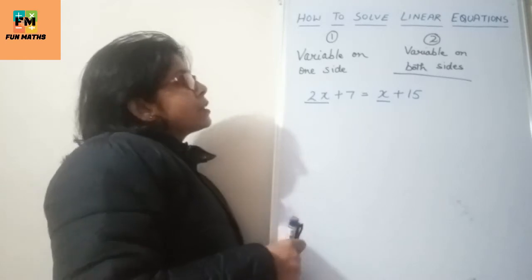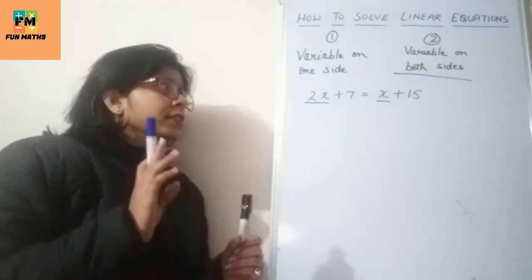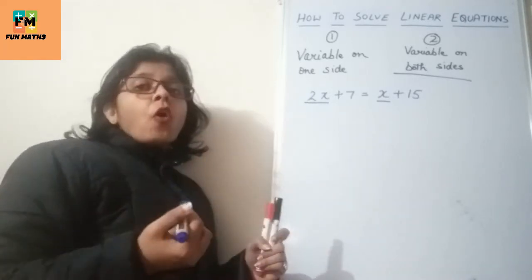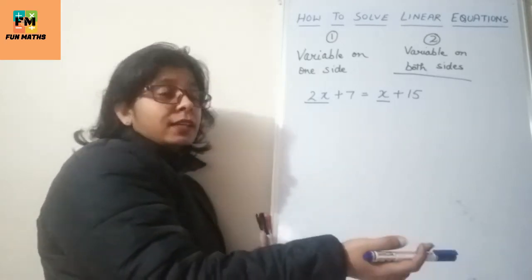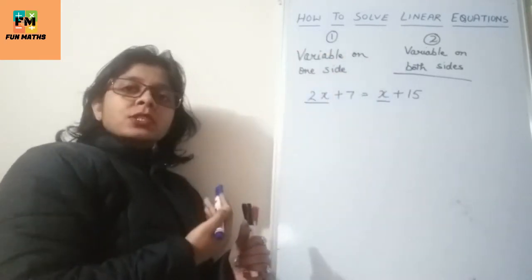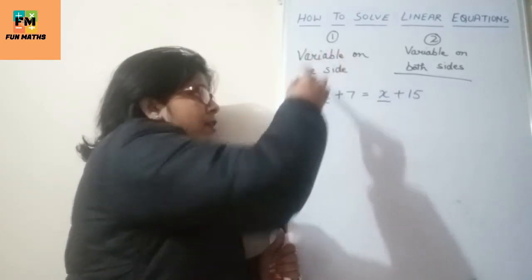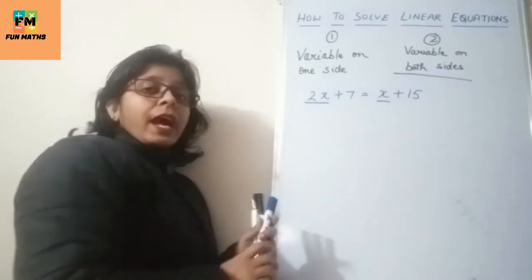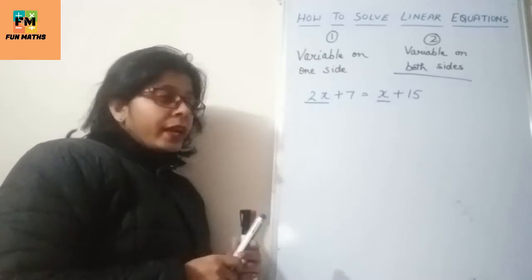See, here in this question, first step is, this type of question how can we solve? The first step is, first we bring all the variables one side and all the constants on the other side. Okay, all the variables on one side means what? This 2x and x we have to keep on one side, and the 7 and 15 we have to keep on another side because these are the constants, right?